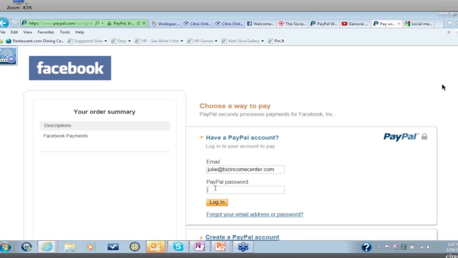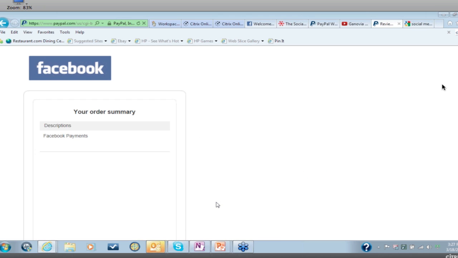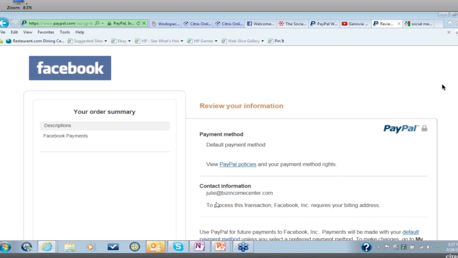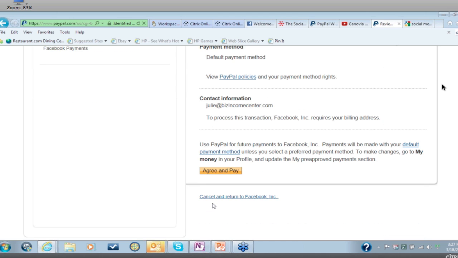Okay, you just need to put your password in there, which none of us can see. Now this will come up saying what your default, yep, that's your contact email. Scroll down. You'll just need to agree and pay. Now, no money's ever going to come out until